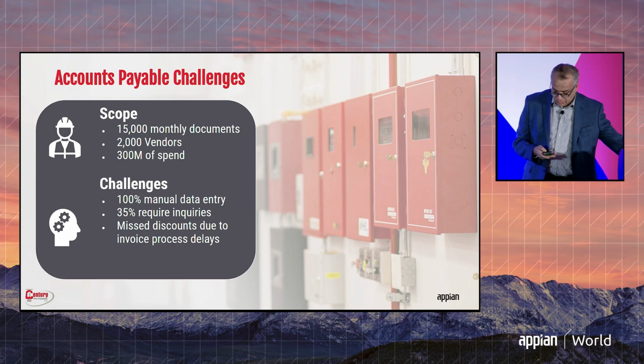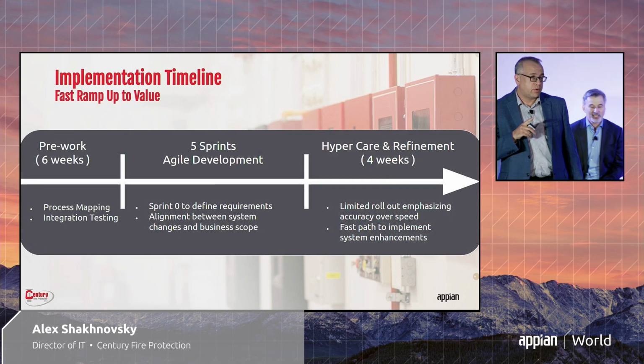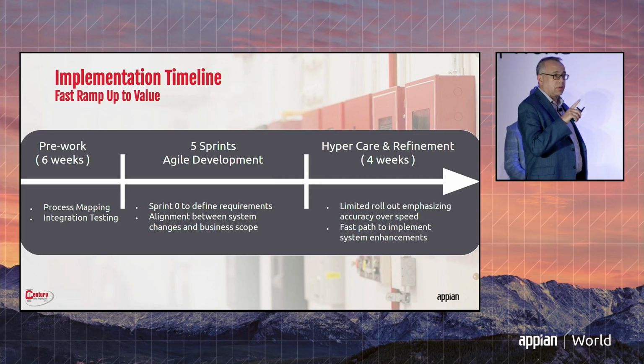So what did we do? We decided to go fast. We launched from nothing to production, processing invoices, in less than 10 weeks. And that included collecting business requirements, and setting up all the API integrations to all the connected systems and connecting to our ERP. So the goal was to go fast, to get some value within weeks,